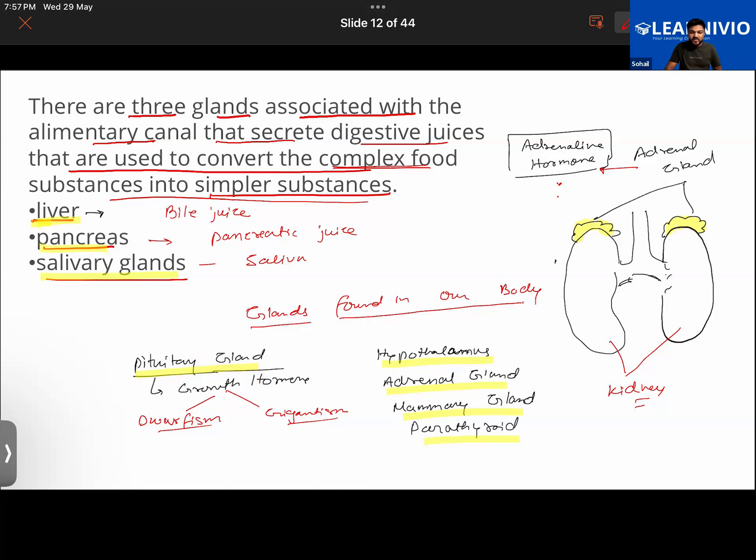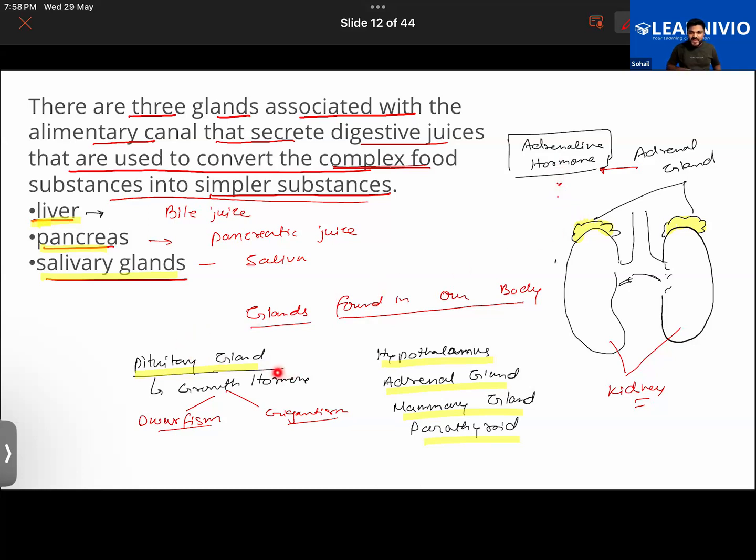For example, the adrenal gland secretes a hormone called adrenaline, which is secreted whenever you are in an emergency, like being chased by a dog. At that time, adrenaline is released that gives you instant energy and helps you run faster. You will observe that if your friend chased you in a game, or a dog chased you, you would be running faster than normal. Observe that.